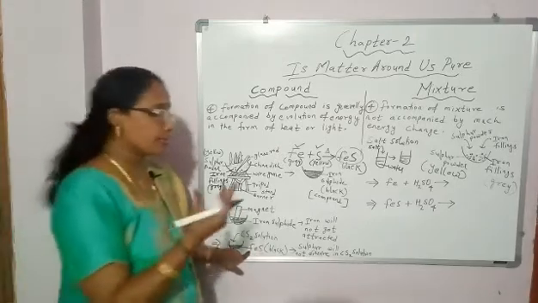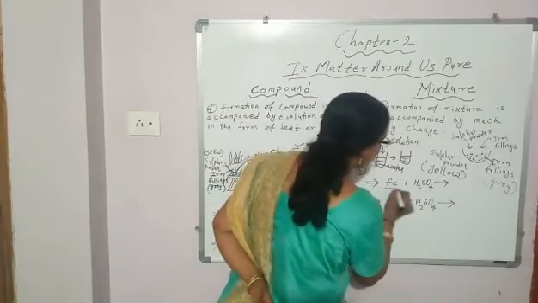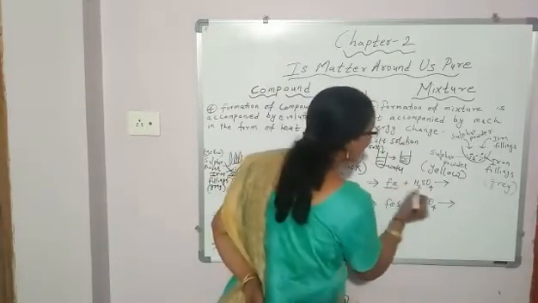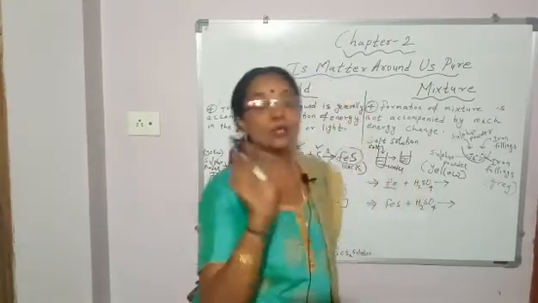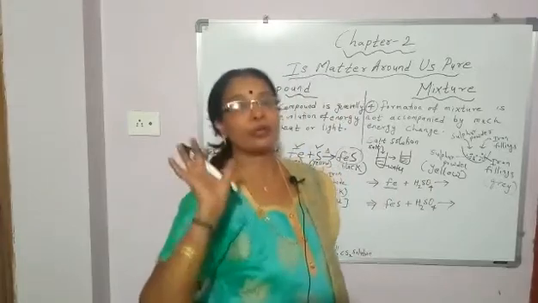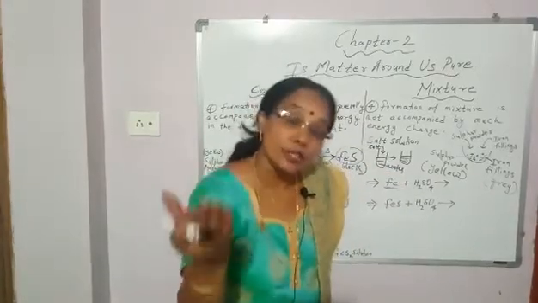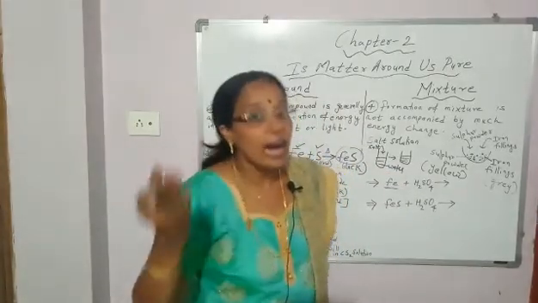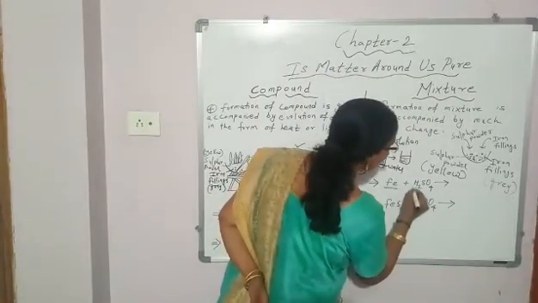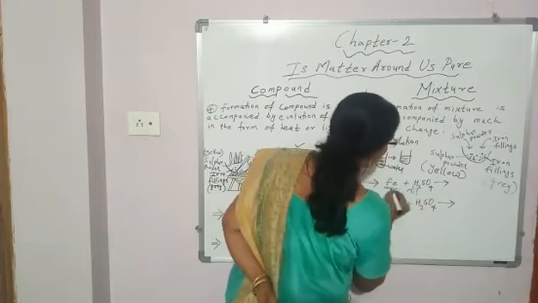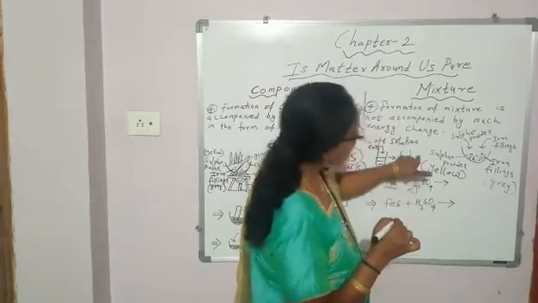One more example is there to explain this property. Property of iron, second property. If you add acid to metal, if you add dilute sulfuric acid or dilute hydrochloric acid to iron, which gas is evolved? Hydrogen gas. So, to iron, if you add dilute hydrochloric acid, this iron is more reactive than hydrogen. So, iron will displace hydrogen.